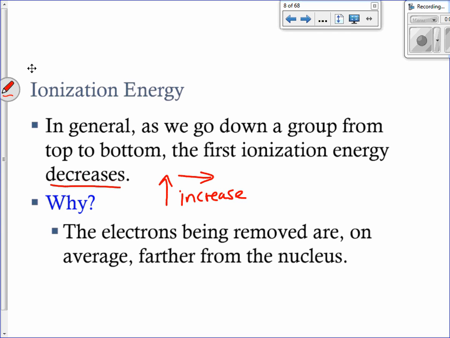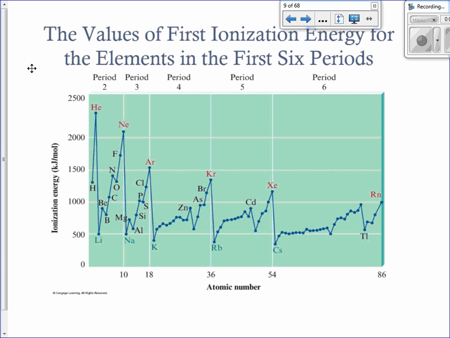Basically, what's going on here, if you go down a group, the distance from the nucleus is a lot greater. You have more core electrons, so less effective nuclear charge holding on. So they're much easier to remove when you have bigger atoms. More core electrons, you can remove them without as much energy. Okay? So that's the gist of going down the group. Okay? So let's take a look here at